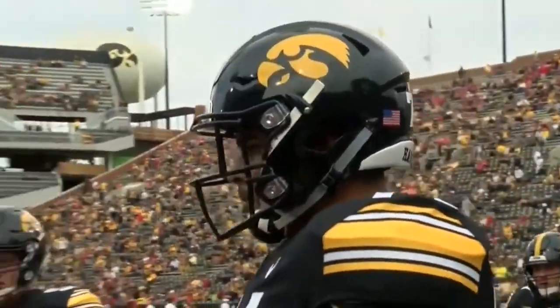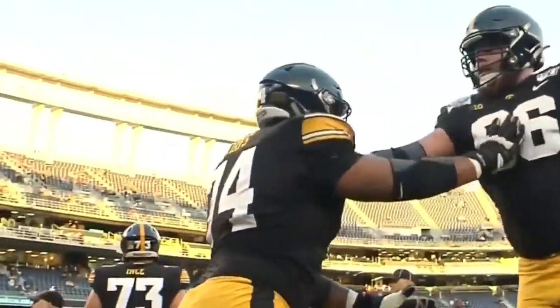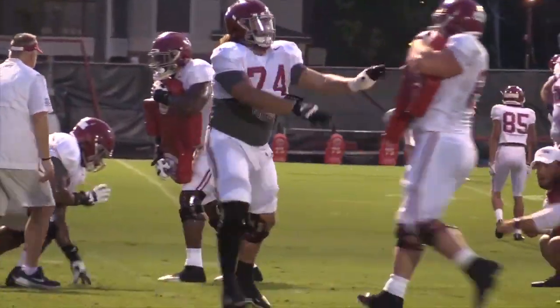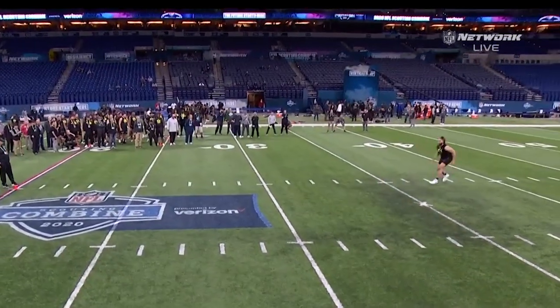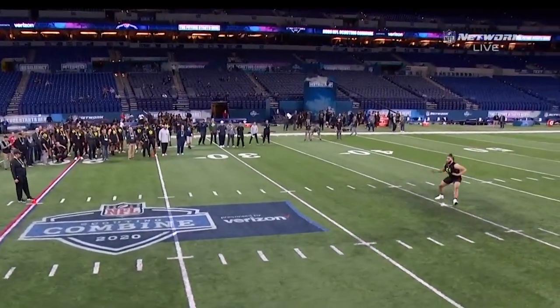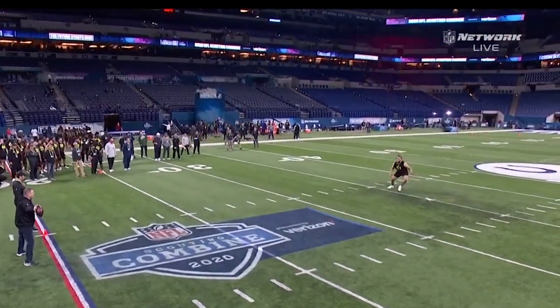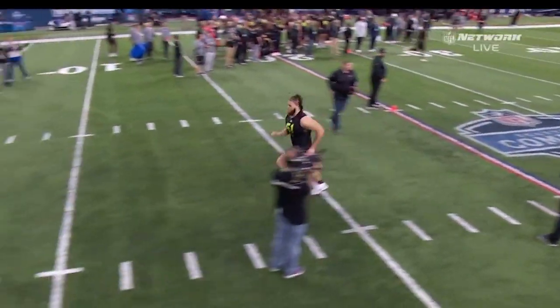If you polled all of the GMs in the league, two of the most popular answers would undoubtedly be Iowa's Tristan Wirfs and Alabama's Jedrick Wills, and both of them just happen to be a couple of my favorite players in this class as well. But despite their abundant similarities and closeness in overall grade, they also have some rather stark differences that I think really separate them from each other, with Wills in particular, in my opinion, being clearly the better player of the